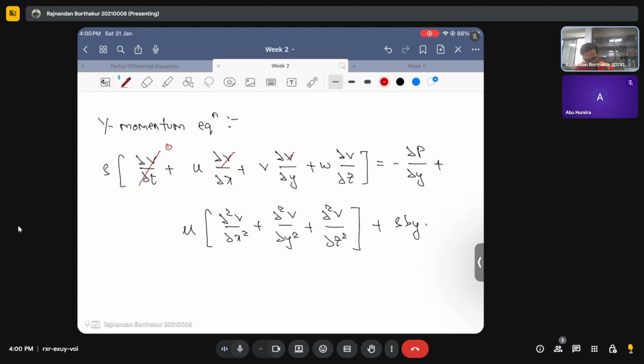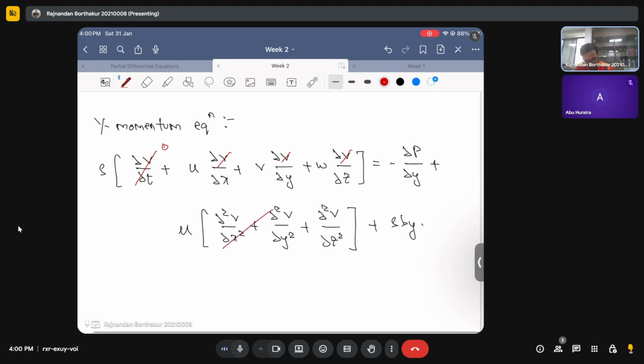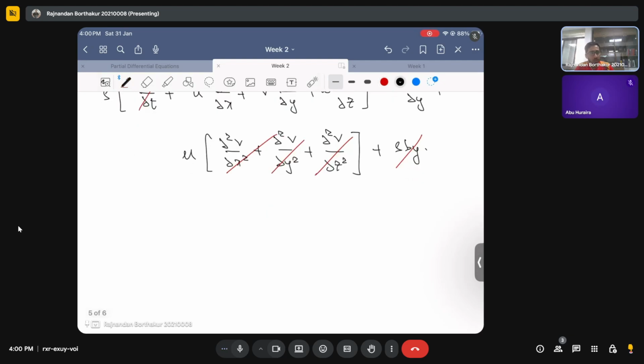Okay. Which means these terms are just 0. These terms will also be equal to 0, and I don't have a body force. Which just means that the consequence of that, from the y momentum equation, is that del p by del y is equal to 0, which says that my pressure is not varying along y. So this says that my p is not a function